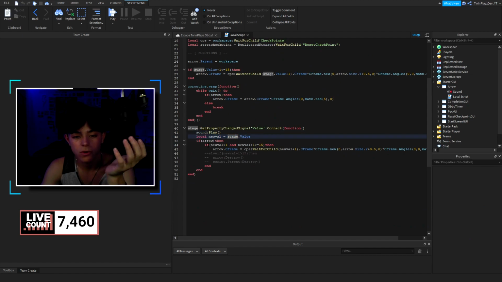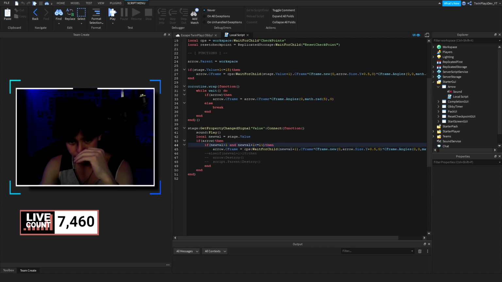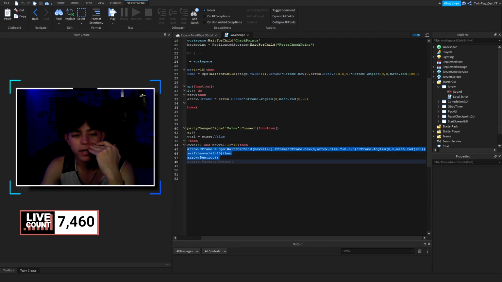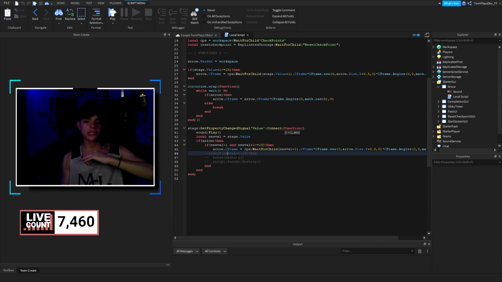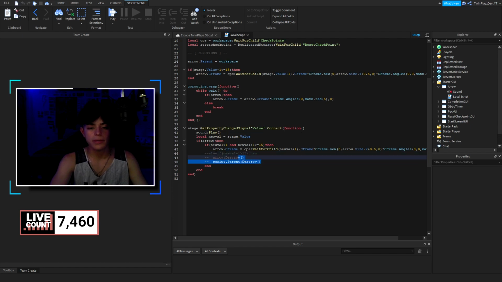And if it's arrow, we're going to check if the arrow value is going to be 15. If it's greater than 1, then we're setting it to this certain checkpoint, you know, that it is. So every time they change their stage, we're resetting the arrow to the next one, to the next one, to the next one. That's kind of how that works. Right here, I commented this out because what happened was if they reach the final stage and they reset their stages, you wouldn't be able to see it ever again, because we're destroying it and everything. So I wouldn't recommend uncommenting this.